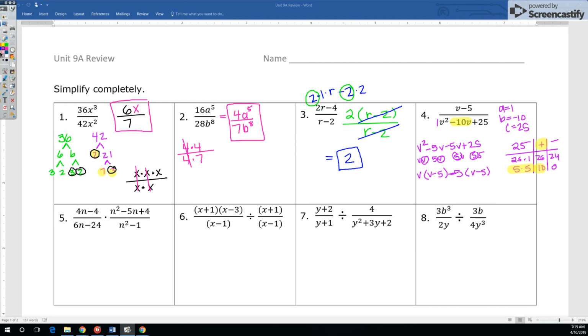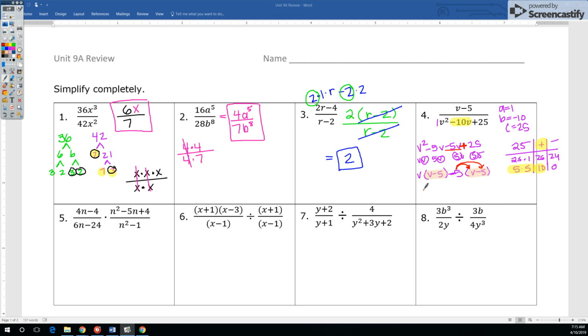Think about distributive property. If I were to take this negative 5 and multiply it by v, that's negative 5v. That's what I had. What's negative 5 times negative 5? Positive 25. So I want this to be mathematically equivalent from step to step. Anything that I factor out, I should be able to distribute back in. Okay, so since I have my parentheses, those two factors that match,